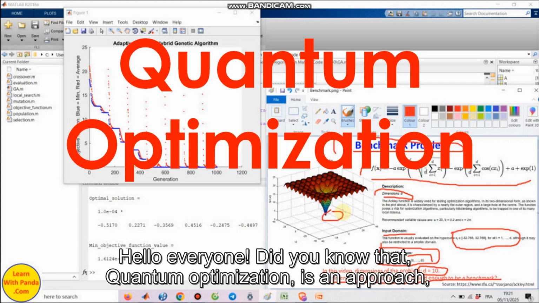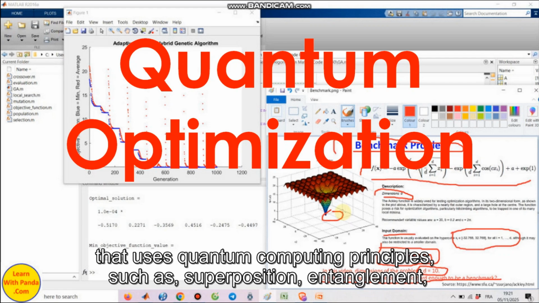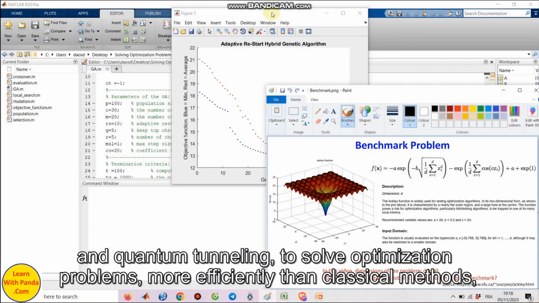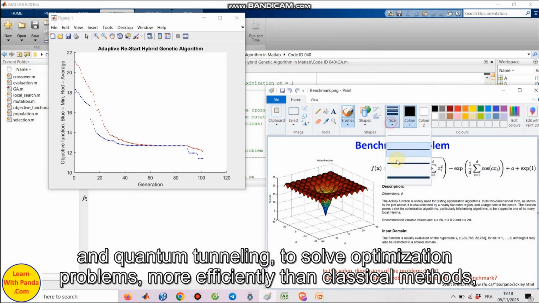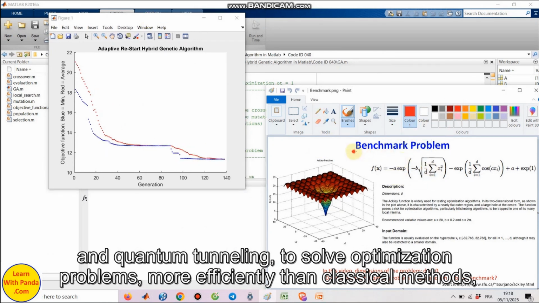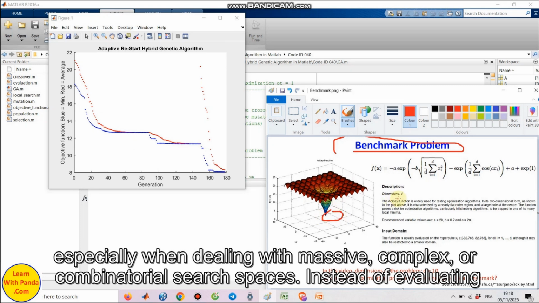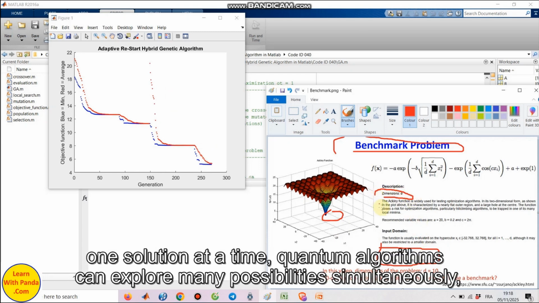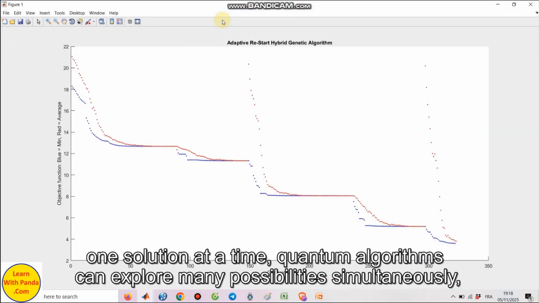Hello everyone. Did you know that quantum optimization is an approach that uses quantum computing principles such as superposition, entanglement, and quantum tunneling to solve optimization problems more efficiently than classical methods, especially when dealing with massive, complex, or combinatorial search spaces? Instead of evaluating one solution at a time, quantum algorithms can explore many possibilities simultaneously and escape local